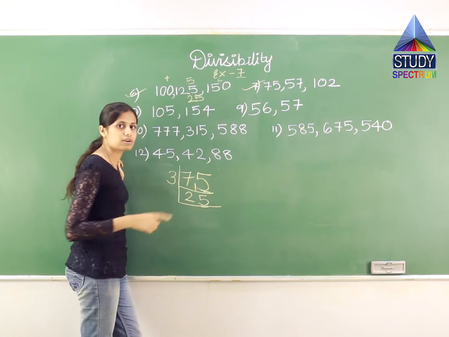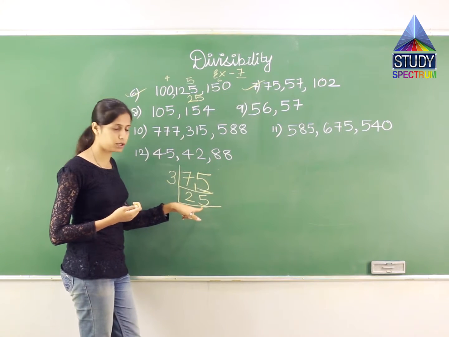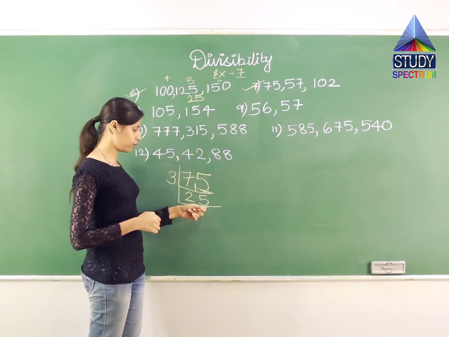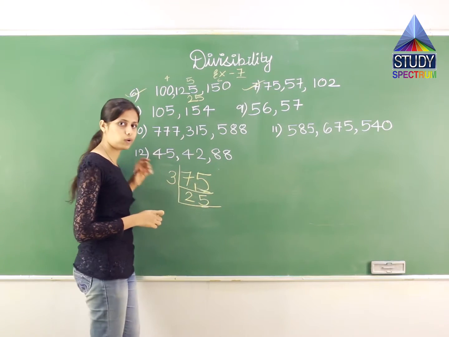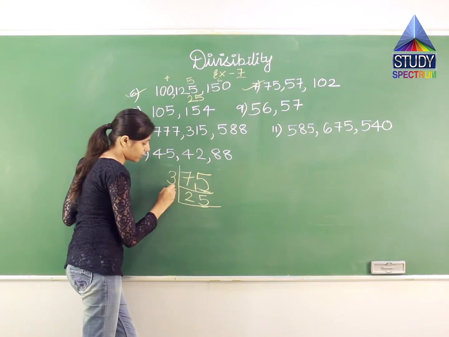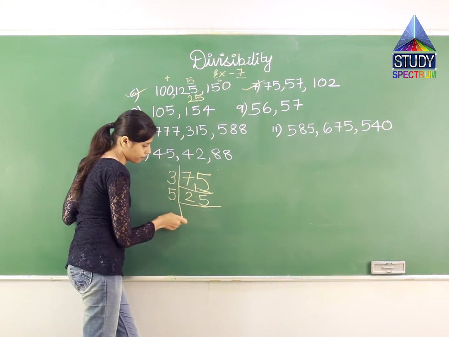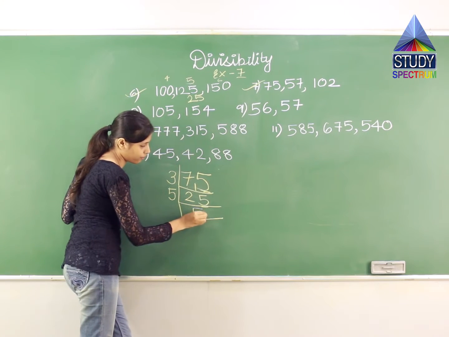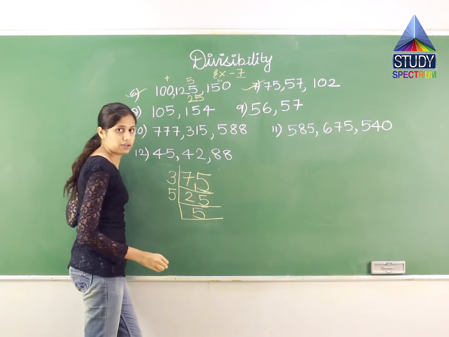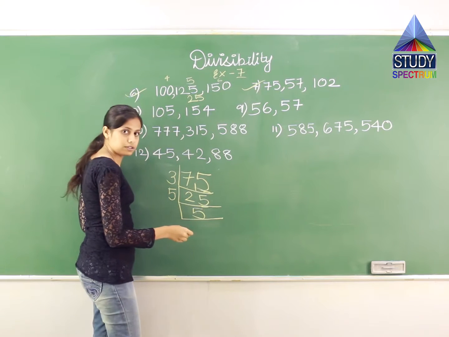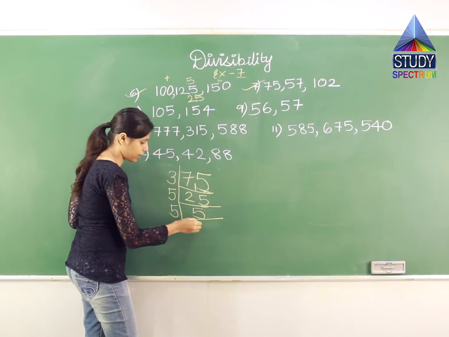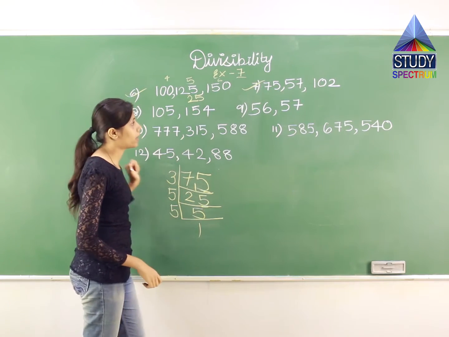And the test of divisibility by 5 says for a number to be divisible by 5, it should have 0 or 5 at the end. And in 25 I have 5 at the end. So I can divide 25 by 5. So let us divide 25 by 5. 5 5s are 25. So I will write 5 over here. 5 5s are 25. Then I have 5 over here. 5 is again divisible by 5. So I will divide 5 by 5. I will get the answer as 1.